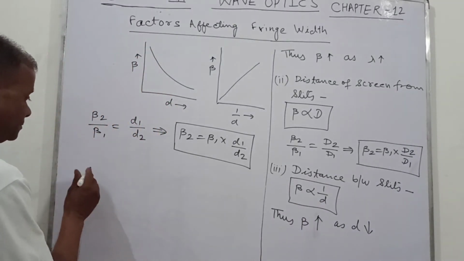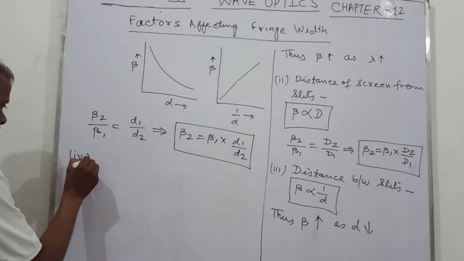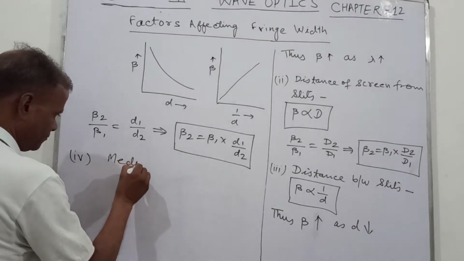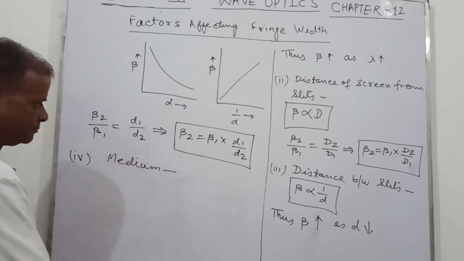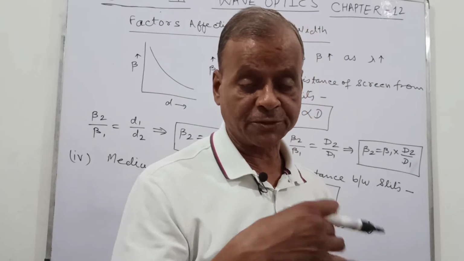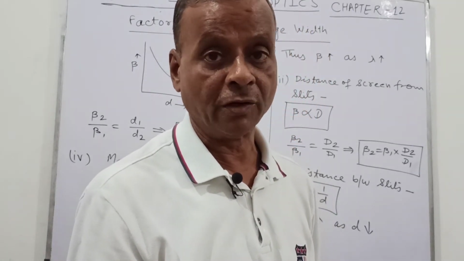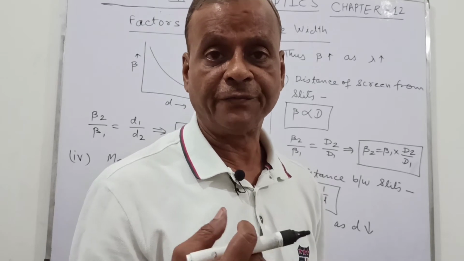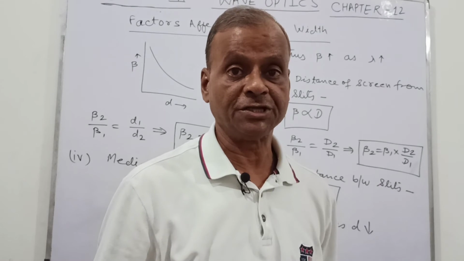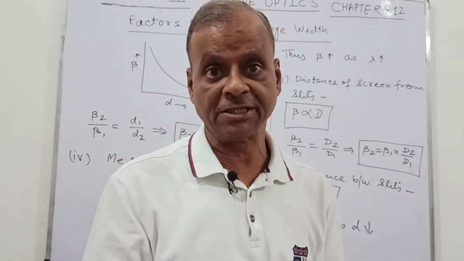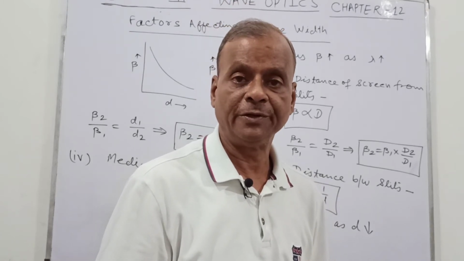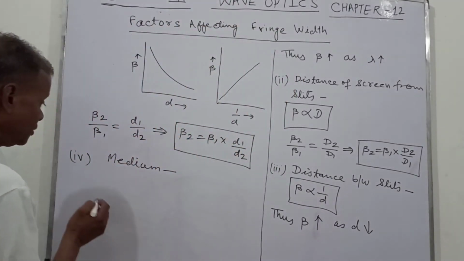And now the fourth factor. Fourth factor is medium. Suppose the whole of the interference experiment is immersed in the liquid, then what will happen to the fringe width, whether this will increase or this will decrease? Suppose this experiment is immersed in the water, then how will this beta be changed? So now we have